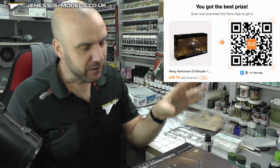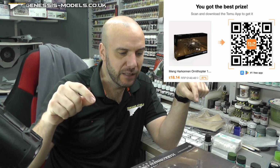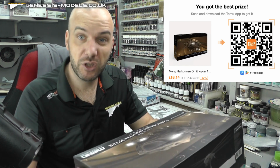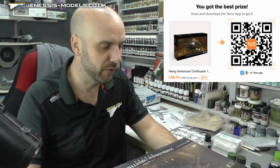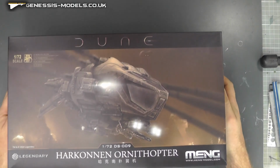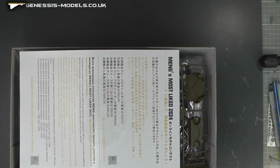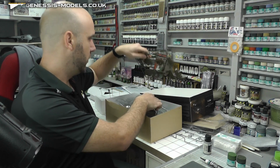Now moving on with the actual helicopter itself. As I said, I was a bit skeptical because it is £70 and 1/72 scale just seemed a little bit small, but once you see it, it's actually a lot bigger than you think, and you are getting your money's worth in that sense. So let's just open this up. It's quite a big box with a lot of plastic inside, so let's get started with our first couple of